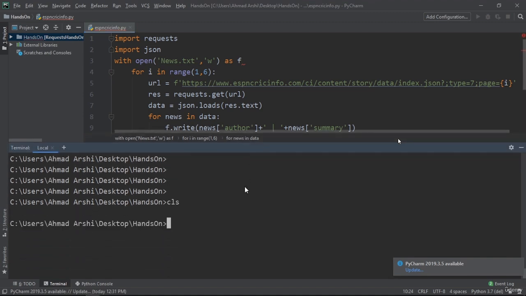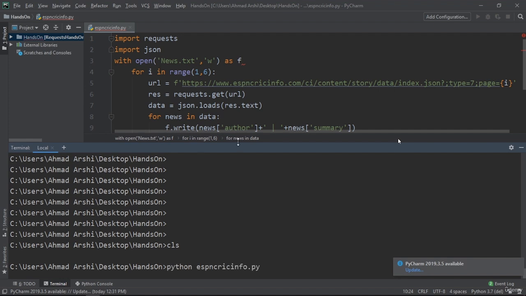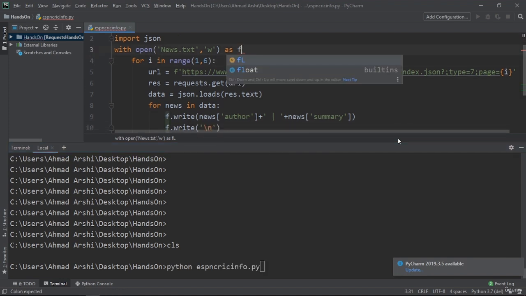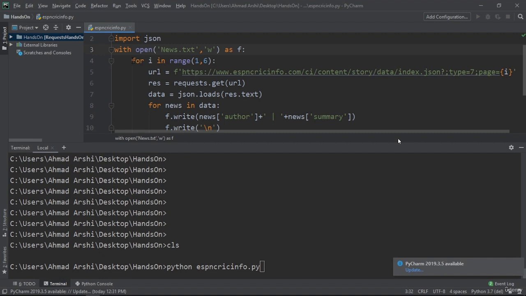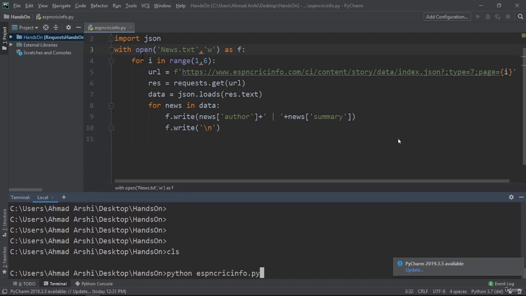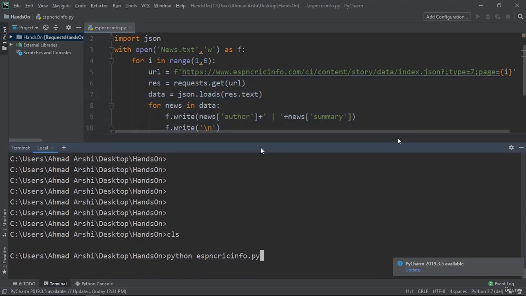So now if we give it a go, okay, we have to put a colon here as well. Before running this, let's give it a quick try run: I'm iterating on page number 1 to 5. Then I'm passing the URL here. After extracting the data from that particular URL, I'm extracting the JSON, and then I'm parsing that JSON and extracting my required author name and the summary. Perfect. So now if I give it a go,